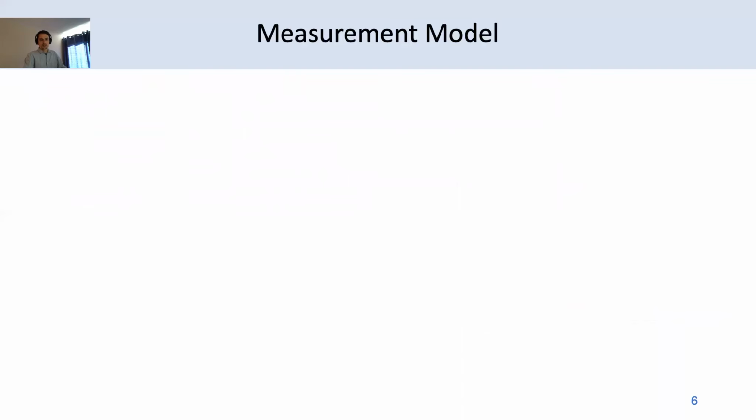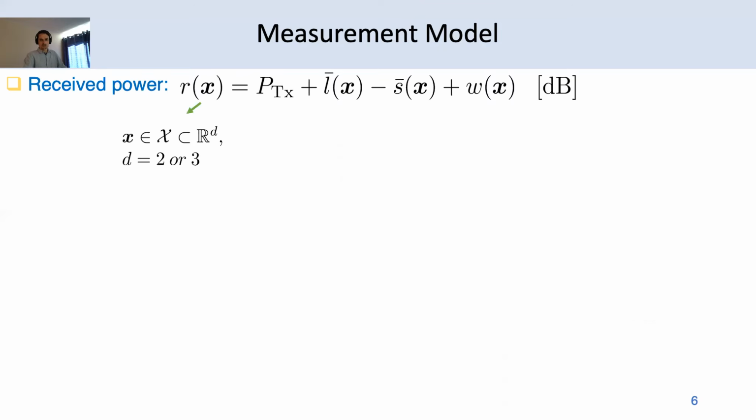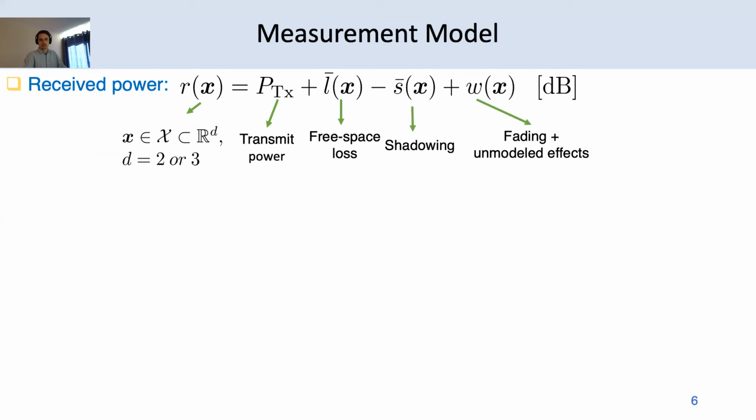To better illustrate the special features of the spectrum surveying problem as well as the proposed approach, we will focus on estimating power and service maps. However, our approach carries over to the construction of more general kinds of maps, such as PSD maps. So consider the typical propagation model where the power received at spatial location x can be expressed in terms of the transmit power, a free space loss component, as well as log normal shadowing and fading.